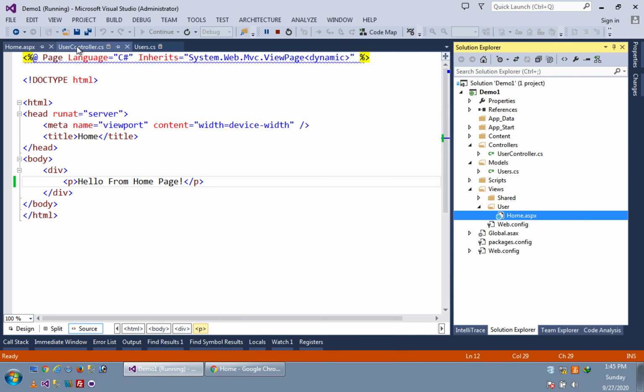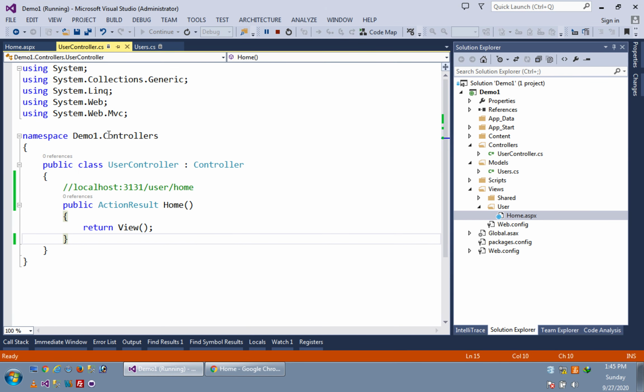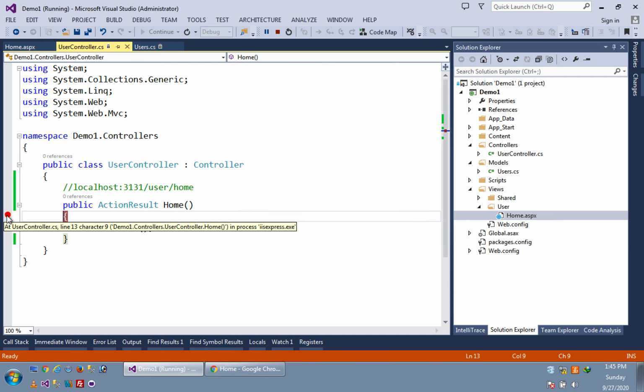What it will be doing is, first it will go to the user controller, and then it will find the home method. So I am putting one mark here. This is the debug point, and it is used for debugging, to check whether your execution is coming here or not.